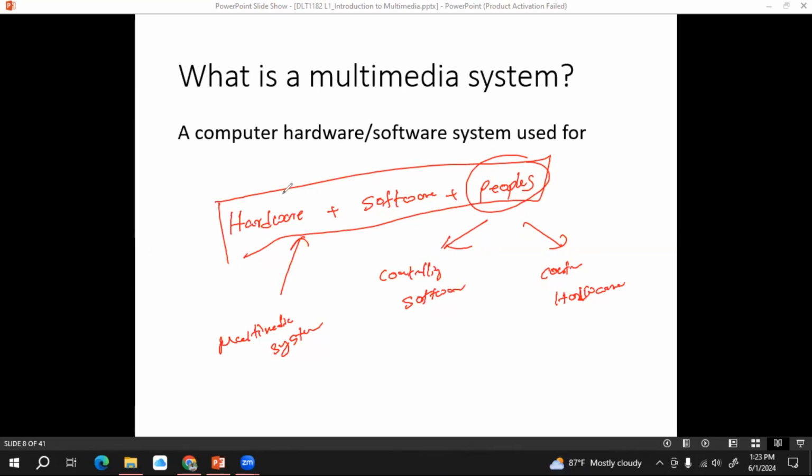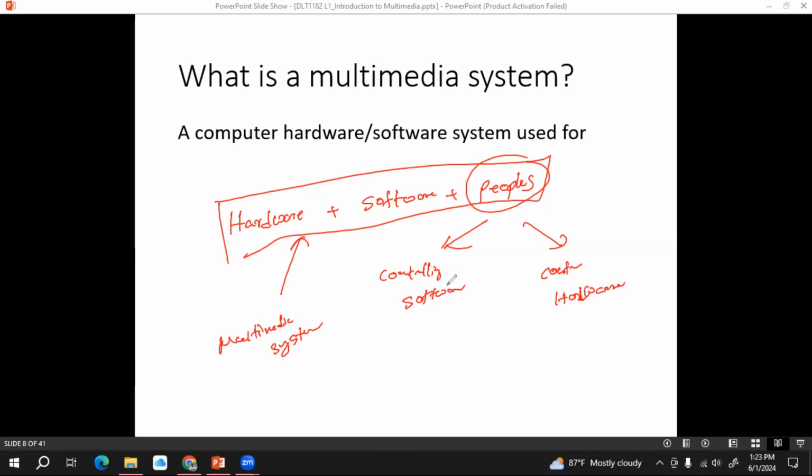Hardware could be computers, mobile phones, digital cameras, scanners, printers, speakers, microphones. Those are hardware. In software, we can have editing tools: image editing tools, graphics tools, audio editing tools, video editing tools, right?